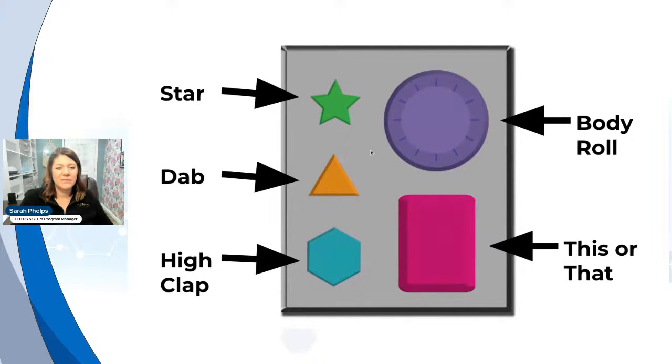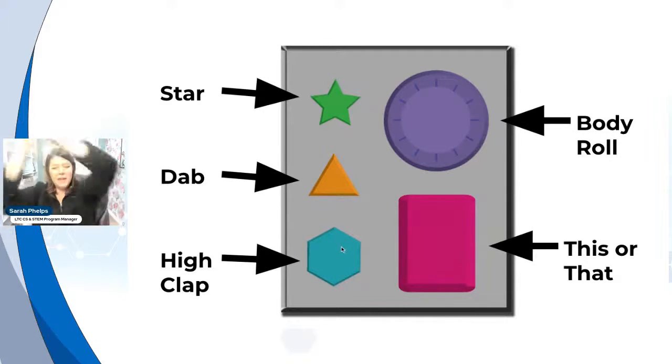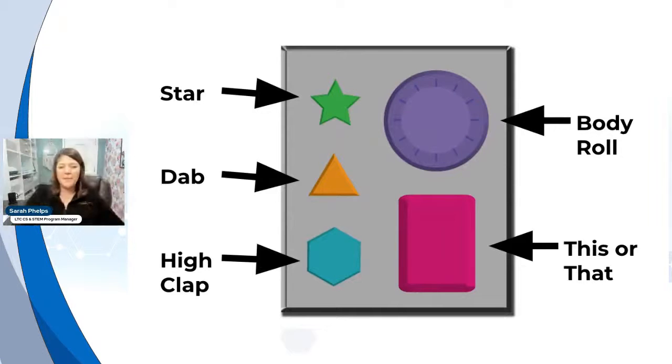All right. So we're going to start first. So I'm going to do it in the video. This is going to be a great video. All right. I'm going to put my mouse over the shape, and I want you to do it with me on the other screen. I'm just going to keep doing it. My screen is there, or if my mouse is there. We're going to keep going. All right, let's do something else. Dab, dab, clap, clap, clap, clap. Try body roll.